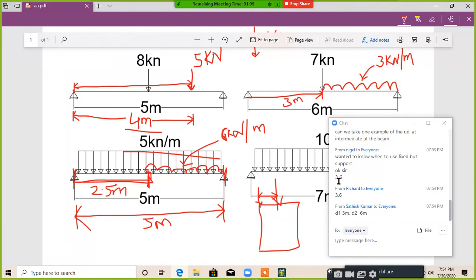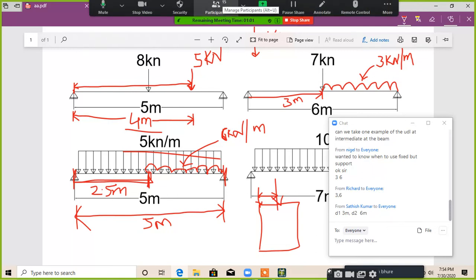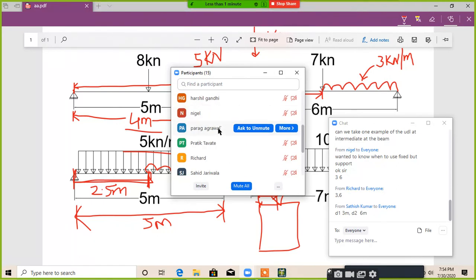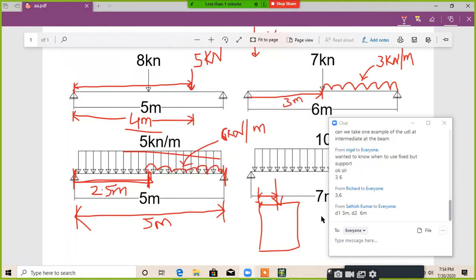Okay, Nizal, good. 3 and 6, 3 and 6. Nice, Satish, Richard. Good. What about the others? Please give a response if I ask a question, and be serious about the classes. Please have a pen and paper. Write down each and everything.